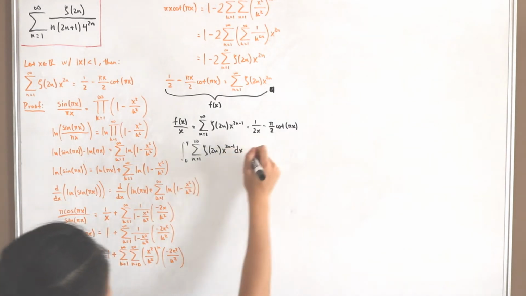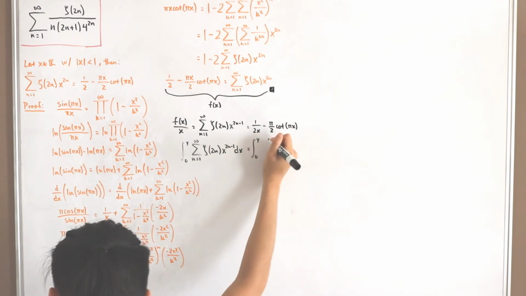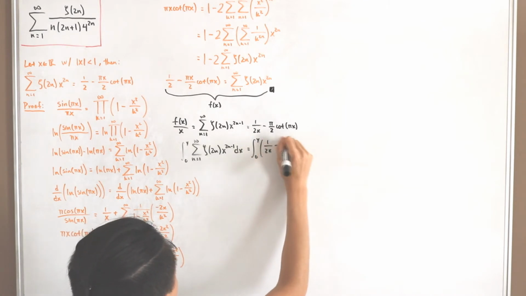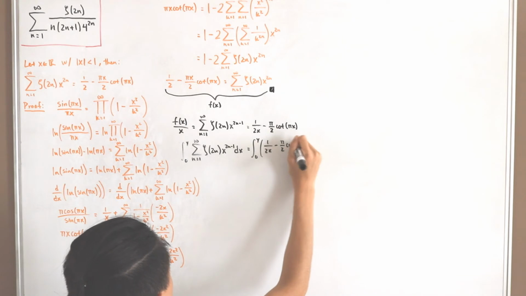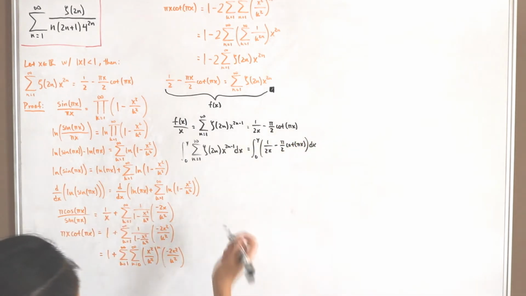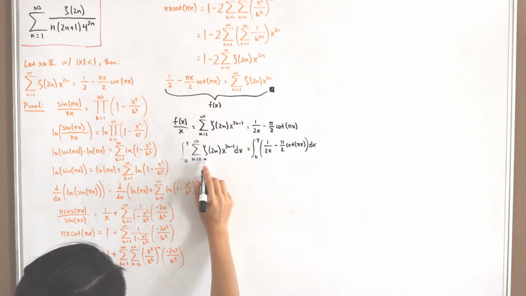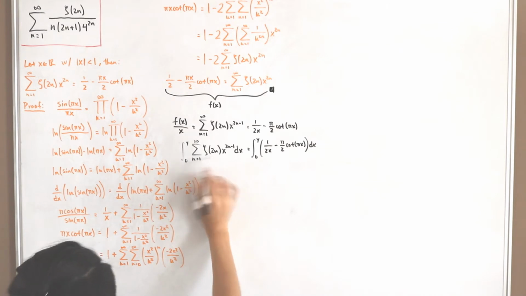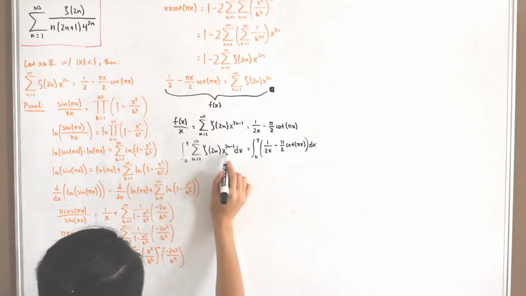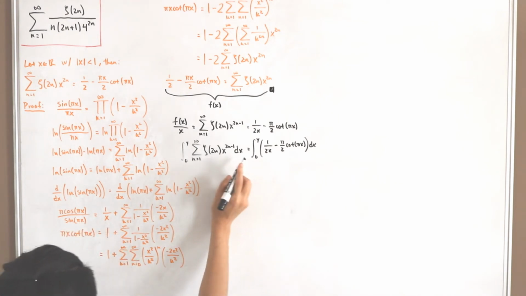And then I'll integrate that from the right hand side as well. So 0 to y of 1 over 2x minus pi over 2 cotangent pi x dx. And now what I can do is drag the summation outside, and really we're just left to evaluate the integral of x to the power 2n minus 1 simply due